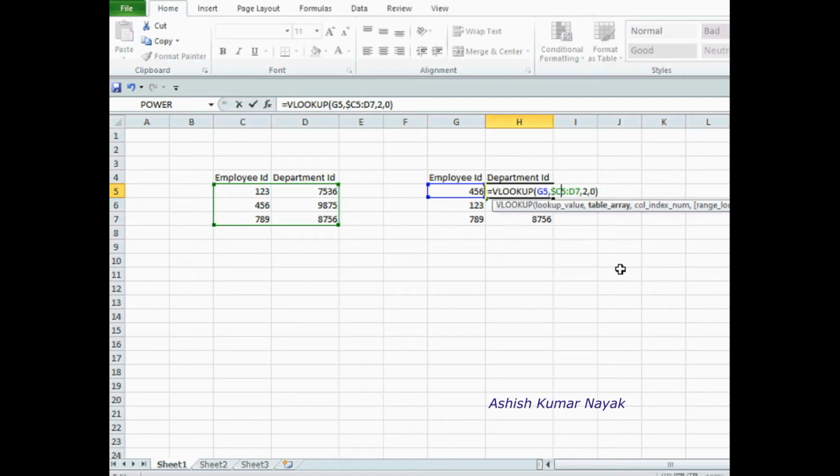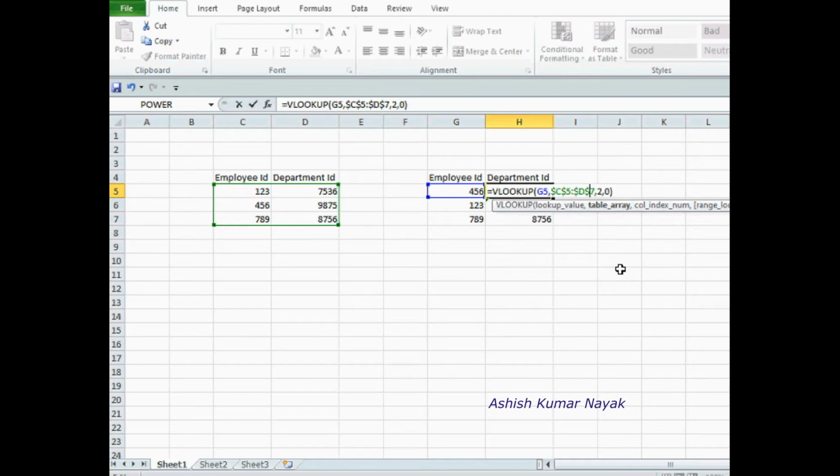After C, type a dollar. Before D, type a dollar. After D, type a dollar, so that this value will remain same. If you drag it, it will not increment.